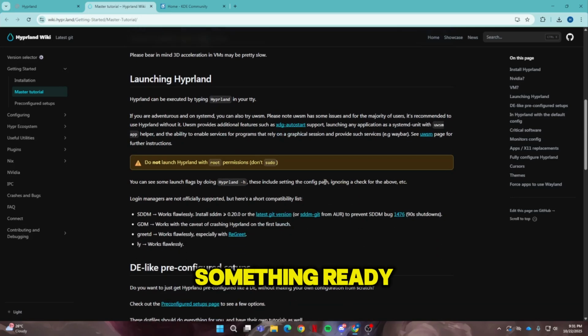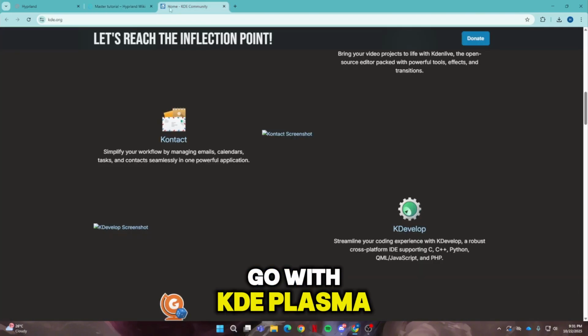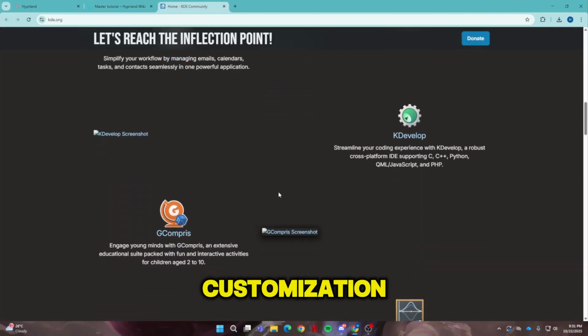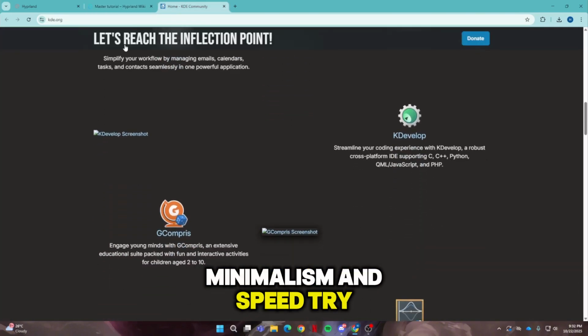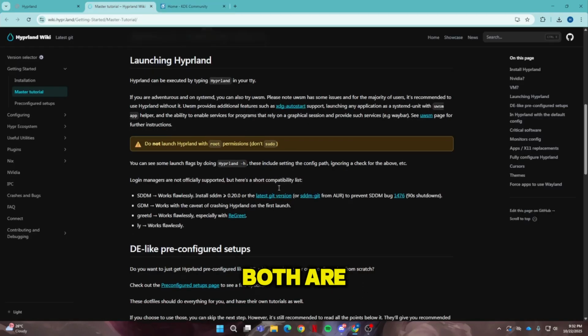So if you want something ready to go and user-friendly, go with KDE Plasma. But if you love customization, minimalism, and speed, try Hyprland. Both are awesome, it just